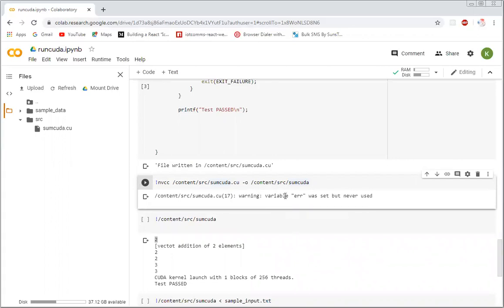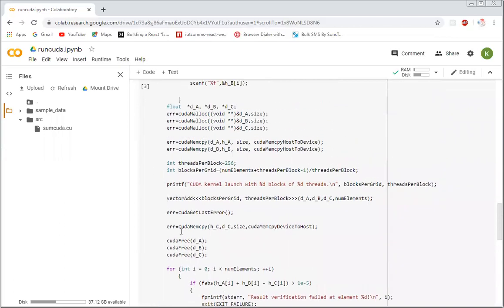It is saying the variable ERR was never used. Yes, it's okay. We can use ERR. If we want to check whether this ERR was successful or not. Sometimes it happens that CUDA memory allocation or CUDA memcpy was not successful.